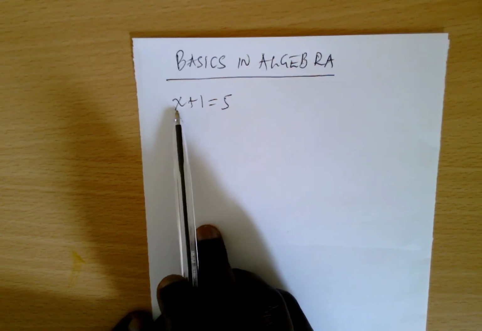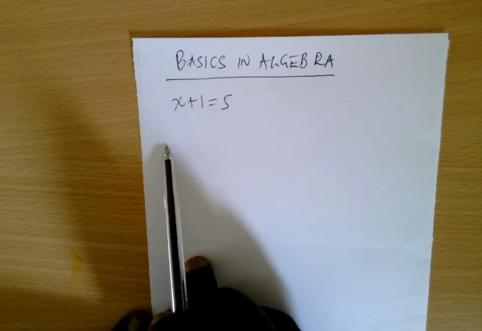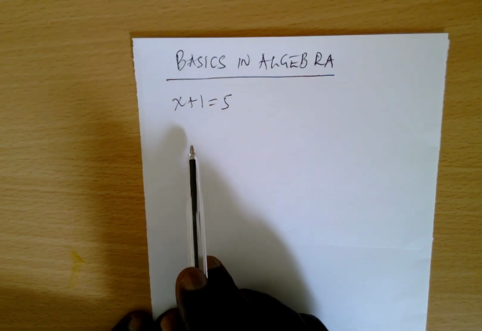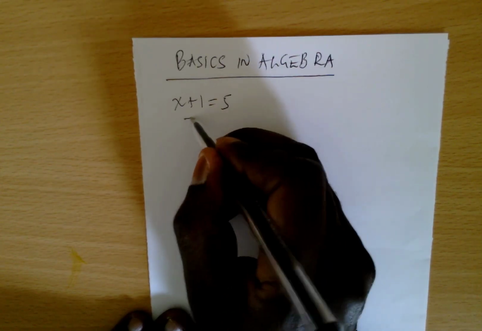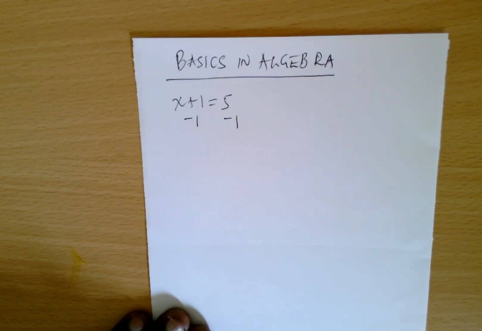In other words, we are looking for what number we replace x with, add it to 1 to get 5. Of course, we know it's 4, okay? Because when we add 4 plus 1, we get 5. But in algebra, the method I will prefer to do is whatever you do to the left, you do to the right. Subtract 1 from the left side, do the same